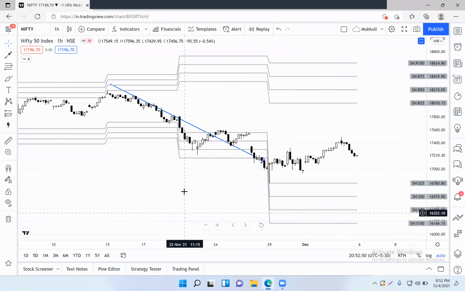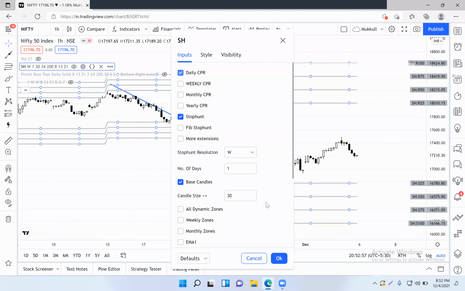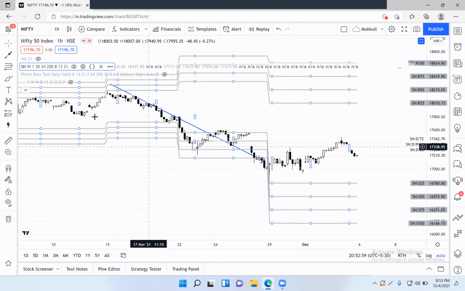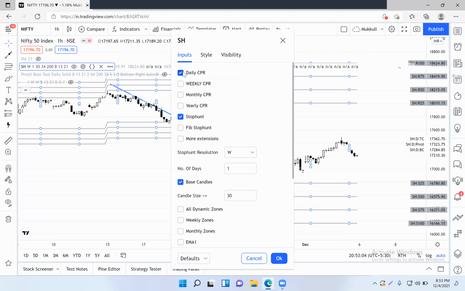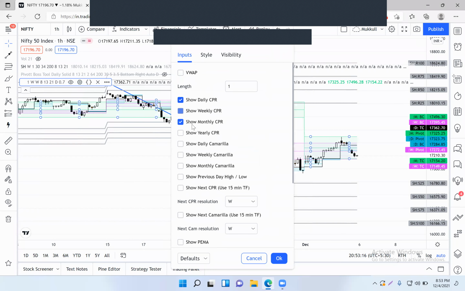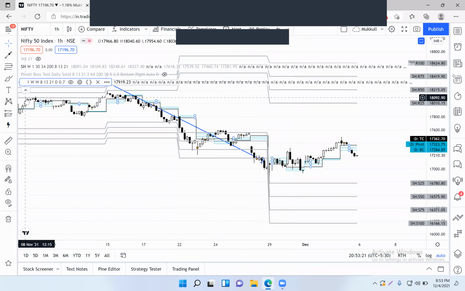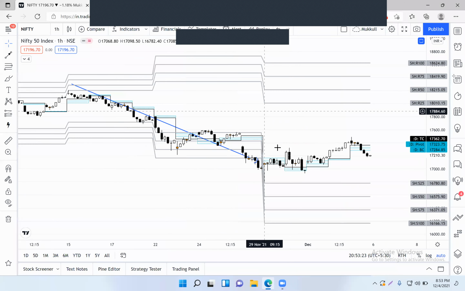Second rule, हम CPR चेक करेंगे. इसके daily CPR चेक करते हैं कि are they in a form of descending CPRs? If you see इधर क्या है,